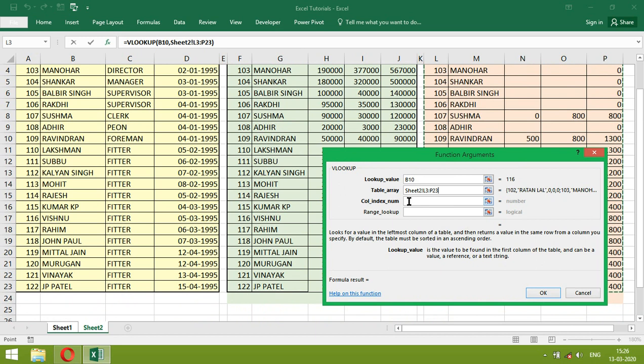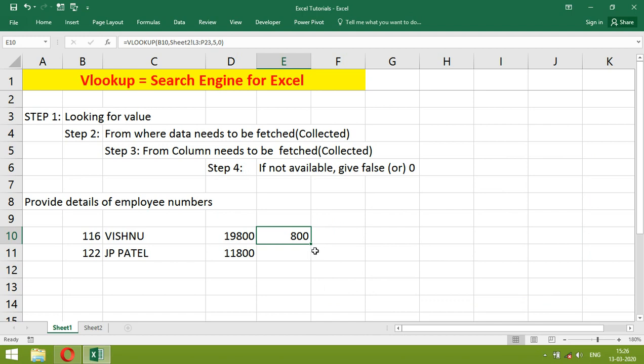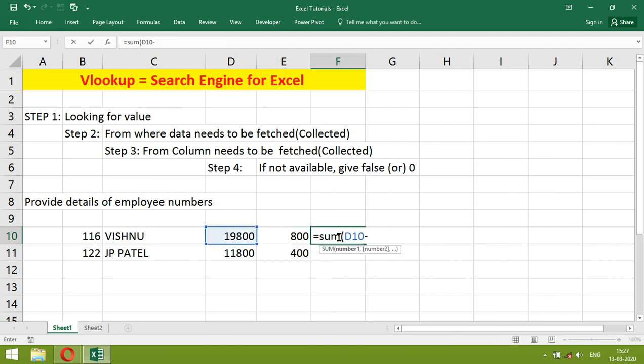Column number 1, 2, 3, 4, 5. If not available, give 0. Write the formula, minus.